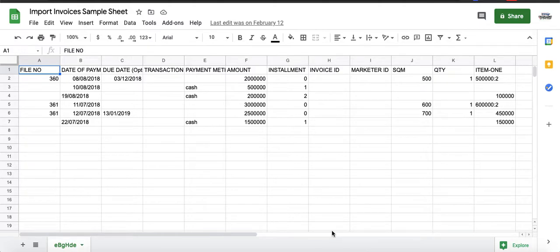show you how to import your invoices and your payments into Carrotsuite. So let's say you have a load of previous invoices and payments that you want to import into Carrotsuite platform. The first thing you need to do is to format it accordingly, and that's what I want to show you